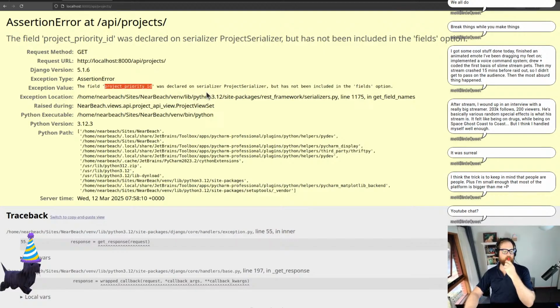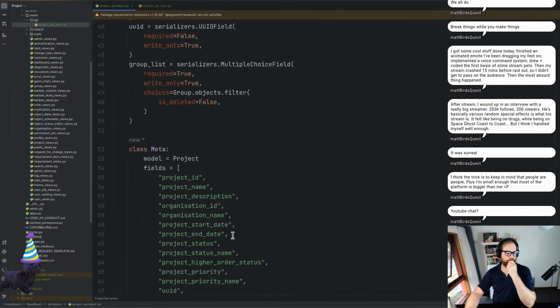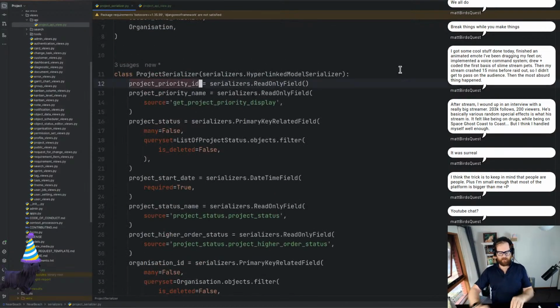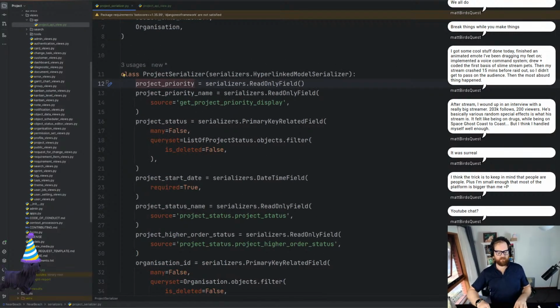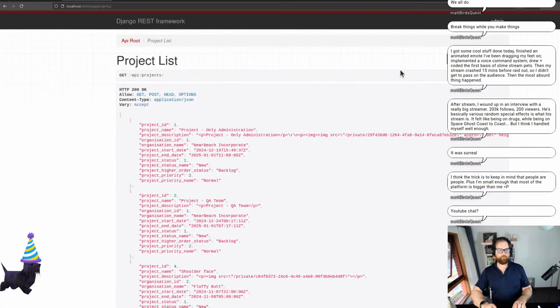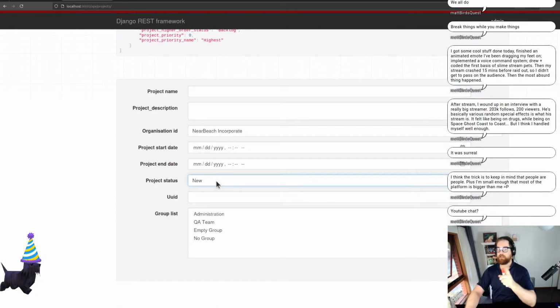No, the project priority ID was declared on the project serializer, but has not been included in the field option. Just because it's meant to be like that. All right, easy done. There we go. So we should see project priority 2. If we scroll all the way down, we've got the project status, but no longer the priority there, which is